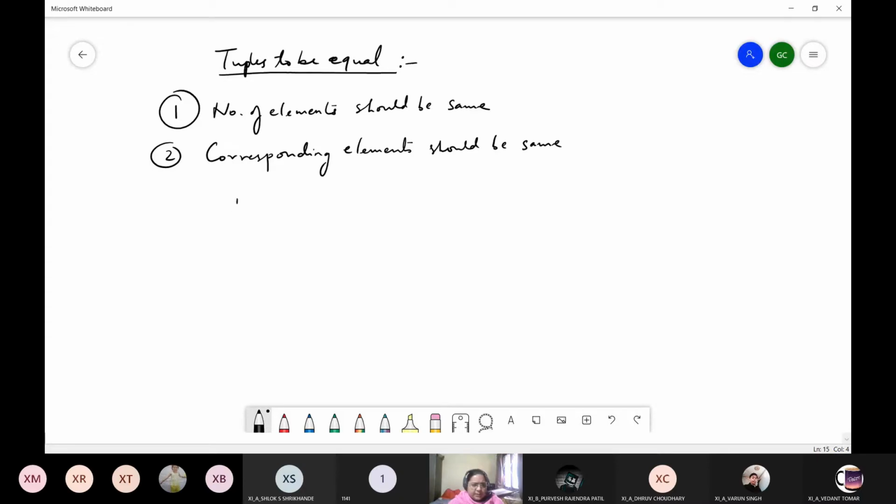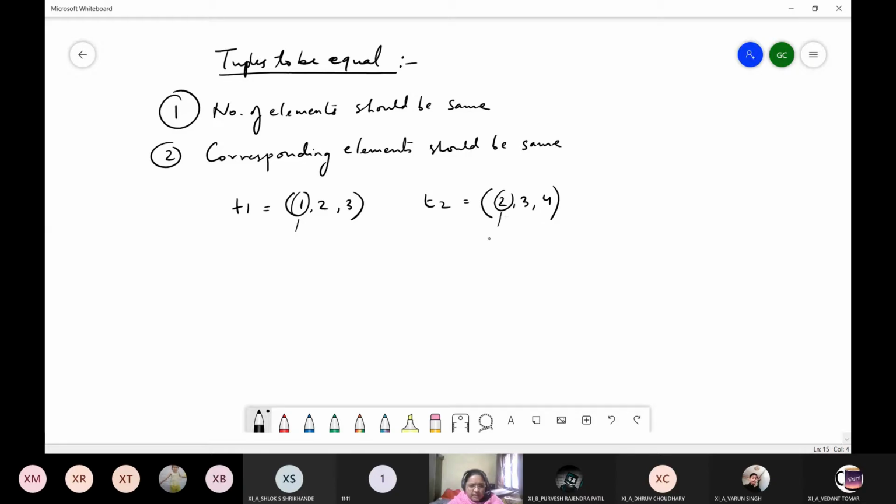right? For example, if you have T1, which is 1, 2, 3, and you have T2, which is 2, 3, and 4. So you can see that number of elements is the same, but the elements at corresponding locations are not same. This is 1, this is 2.